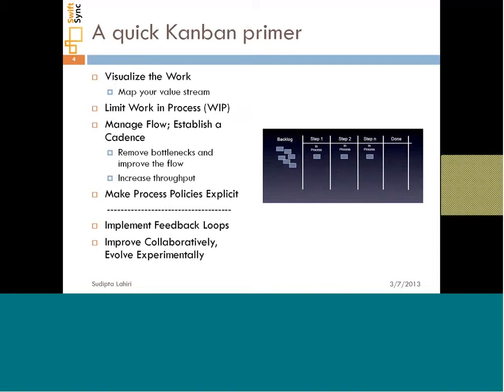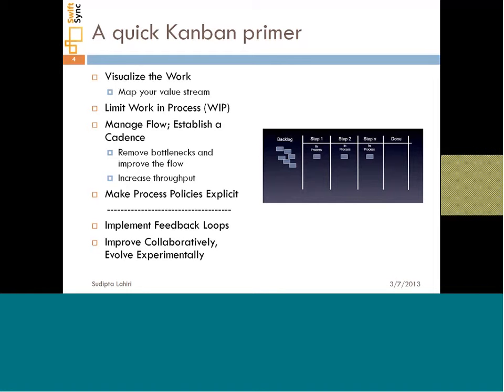It talks about limiting your work in progress in each stage so that you're not multitasking too much. A typical example would be that, if you have a coding lane, you would set a work in progress limit of, let's say, 10, so that at no point of time you have too many items that are just sitting in the coding lane. It talks about focusing on flow and making sure that bottlenecks are not happening in this system.